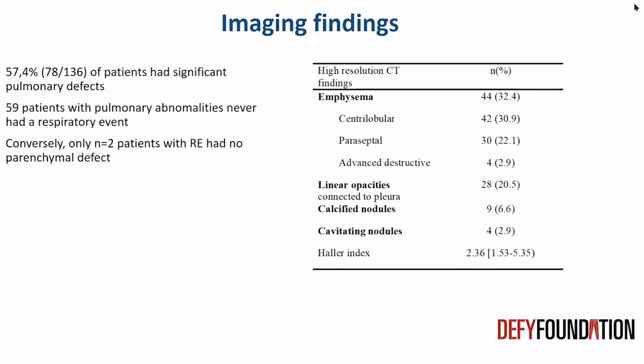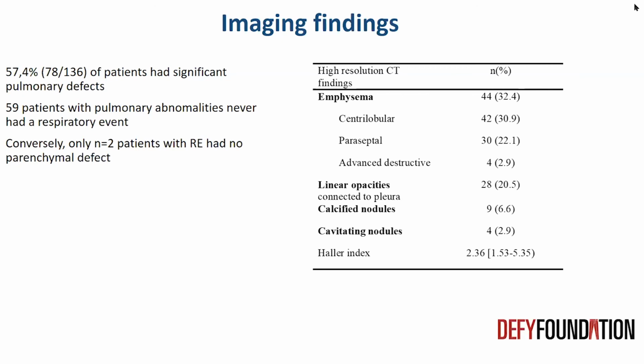of patients. There was centrilobular emphysema, which is the usual form of emphysema. And then there was a more unexpected form of emphysema, which is paraseptal, meaning close to the pleura, indicating some tissue fragility. There were also linear opacities close to these emphysema lesions that were never reported before in vascular EDS patients. Then we find calcified nodules and cavitating nodules, which have been described and which we will correlate to pathology